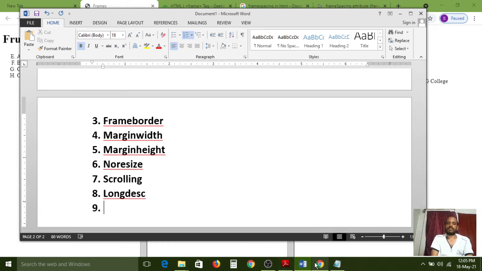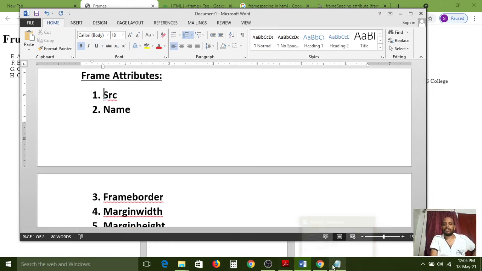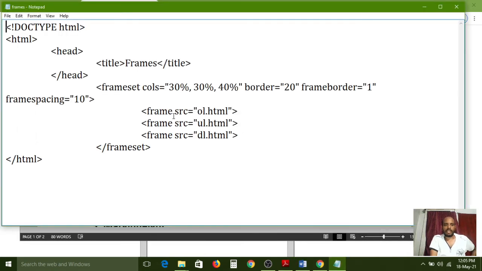Frame border also can work. The first attribute, source, is already completed. Here the code is. All of you carefully see the code. In the frame, we have used the SRC attribute. What is the SRC attribute's functionality? In the first frame, what file do you need to execute? SRC means source. So if you want the ol.html file to execute in the first frame, here you need